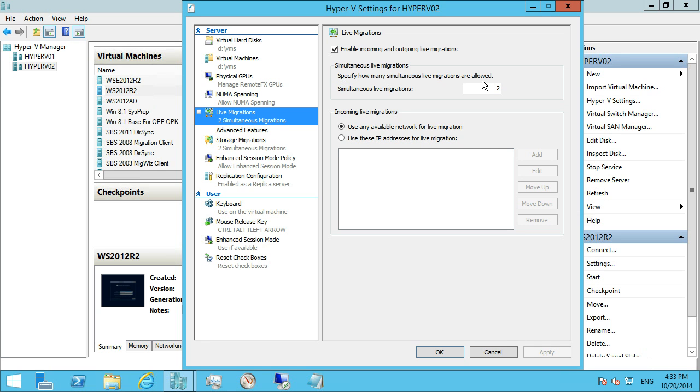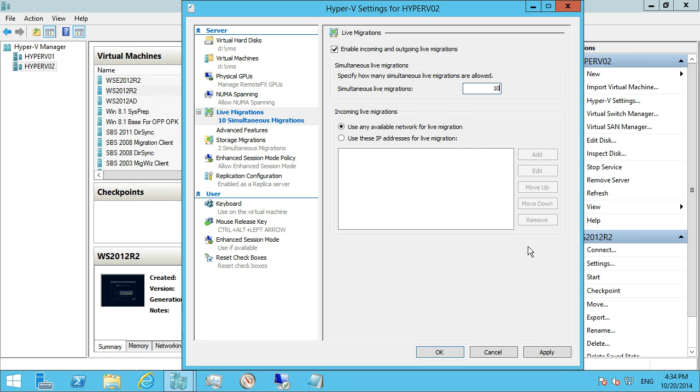And we're at the point where 1 gig from server to server can't really be classified as high speed, because we can definitely start taking advantage of much higher network performance. So what I might decide here is, because I know that I'll have to do more migrations over time, I'll say 10 is a good number. And for incoming live migrations, I'll just say, because this machine has got lots of IPs, just use any available